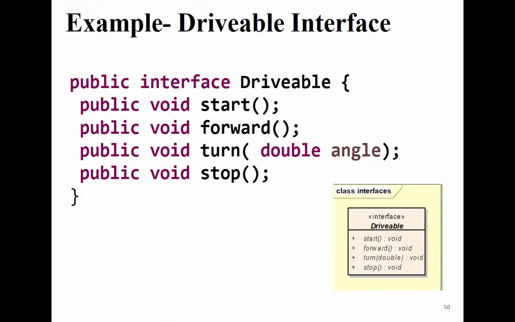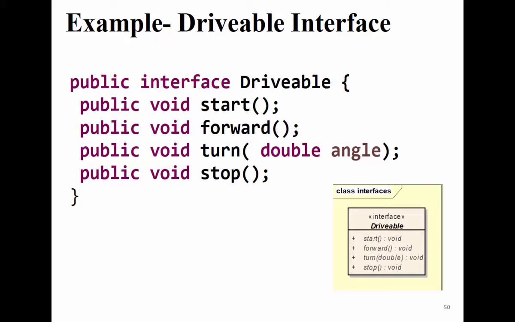This is an example. You say, I need a public interface, Drivable. Anything that can drive should have the methods start, forward, turn with some angle, and stop. This is an interface. It's just the methods. As you can see, there is no implementation for these methods, and it's called public interface Drivable. So this is exactly the interface. It is a signature of the methods. There are no definitions, no bodies for the methods,